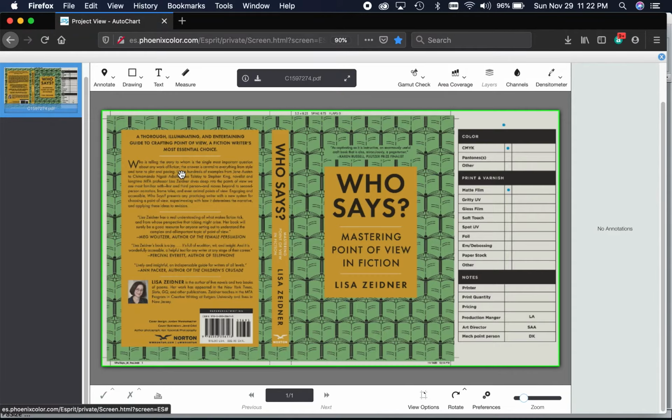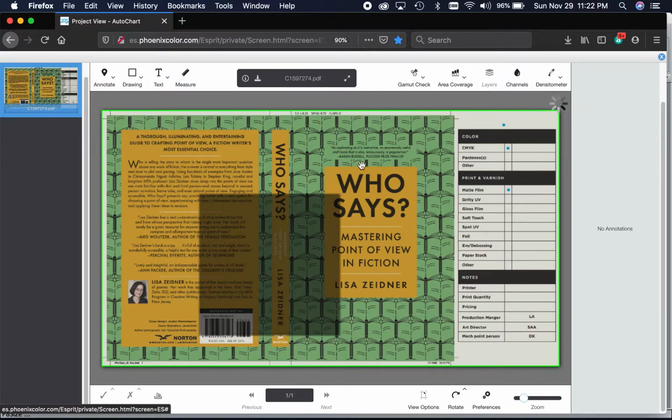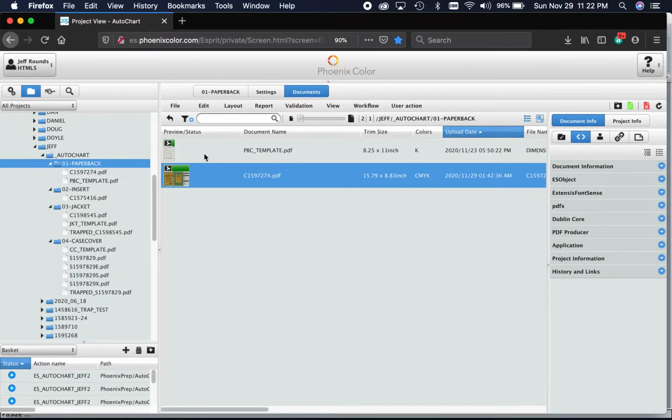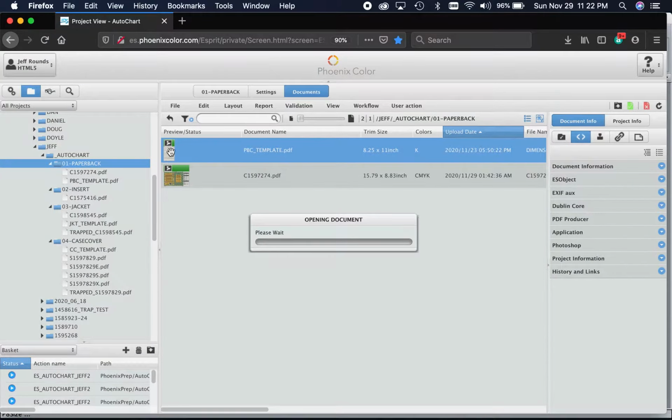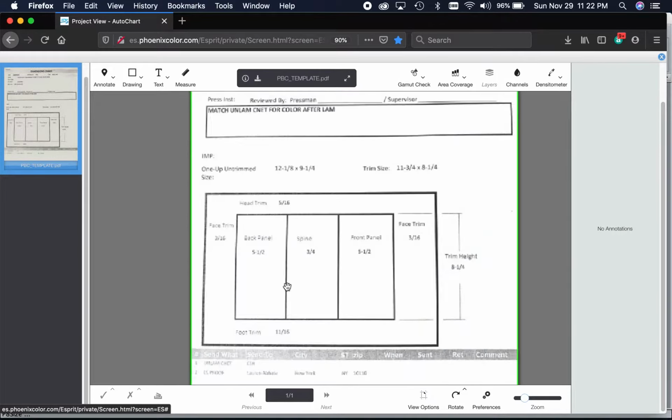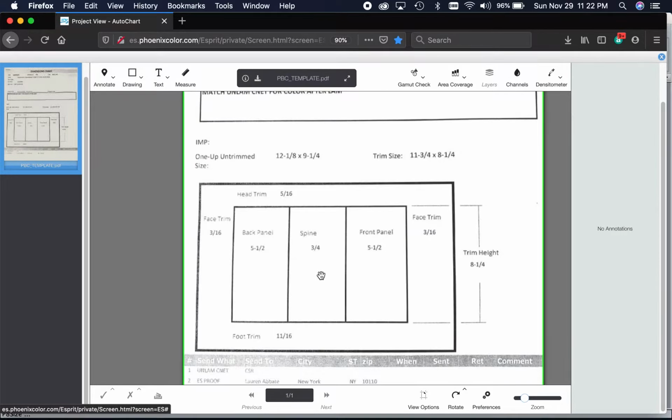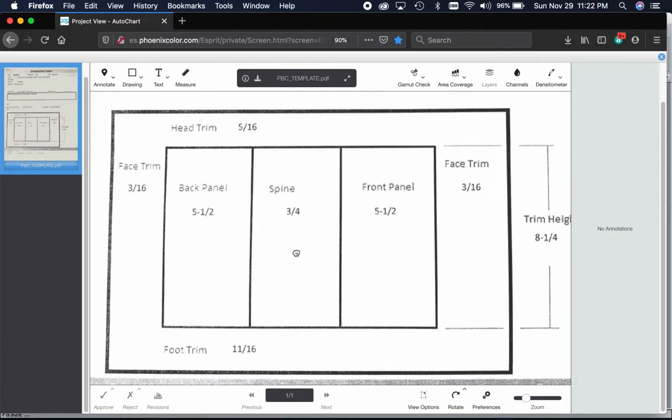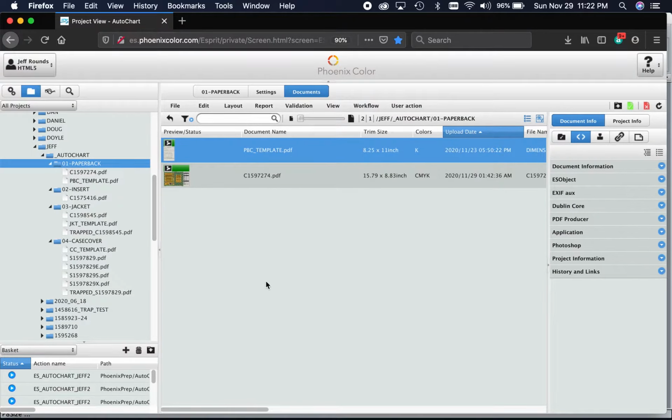This is a supplied file, pretty typical of what we receive. The trim box is inaccurate. I have extra content over here on the right. And it's basically going to take this file, and instead of just having the marks that you see here, it should end up having marks that represent a chart similar to this. See different head trim, different foot trim. Okay, so